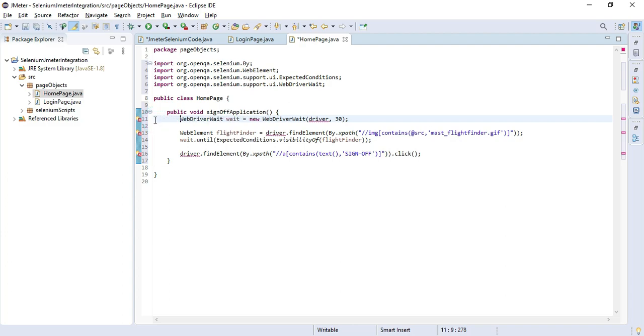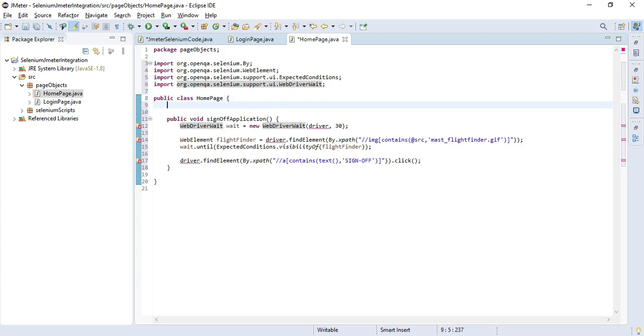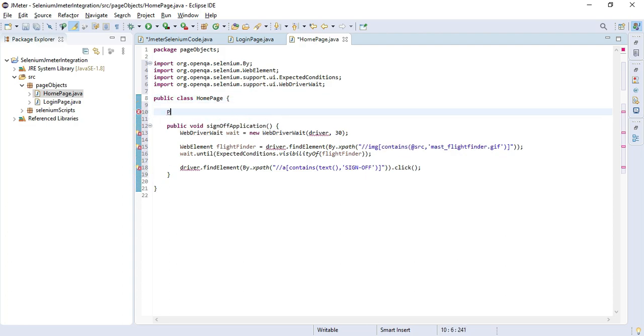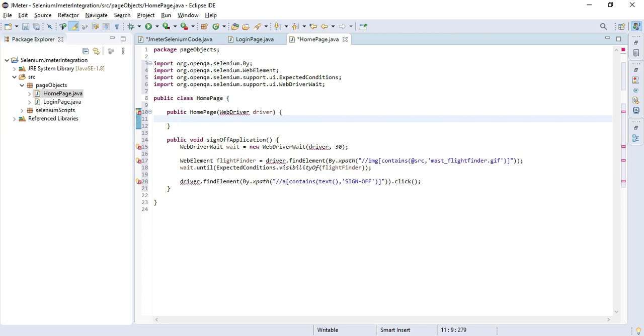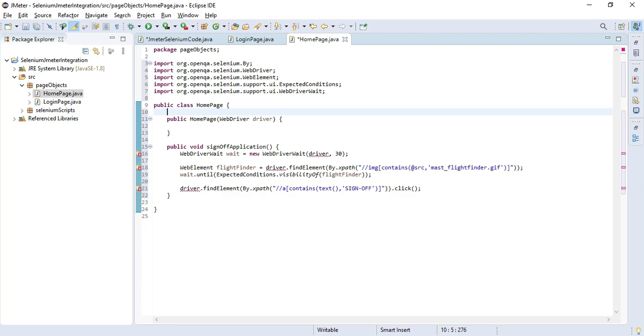So in this way you can see driver is giving us an error. We need to add a constructor of this class. In that we will initialize our driver, and it will be taking WebDriver. Let's import this WebDriver and see, the error has been removed.